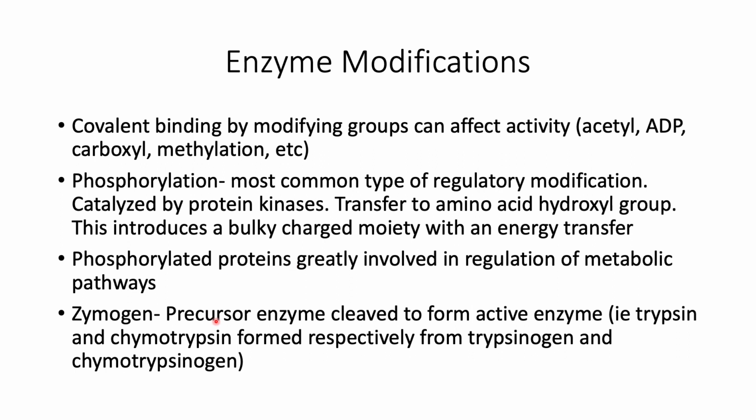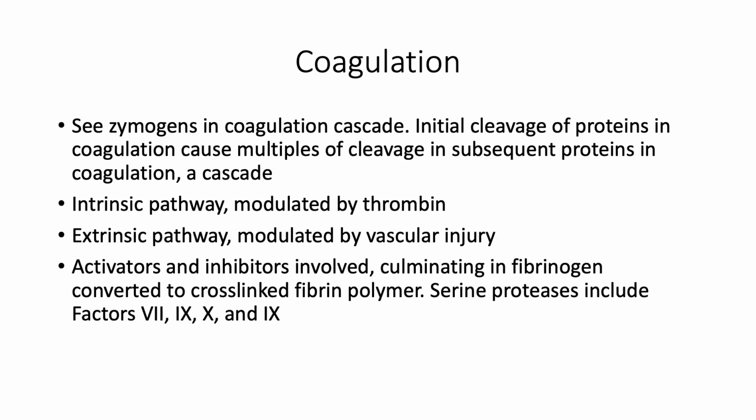Zymogens, or precursor enzymes, are cleaved to form an active enzyme. So, for example, you get trypsinogen, which is formed in the pancreas, and there's a cleavage of that to the active form trypsin. Chymotrypsinogen is the zymogen precursor, and you get chymotrypsin from that. And then finally, coagulation is an example where you get many zymogens in the coagulation cascade. These are multi-layered,